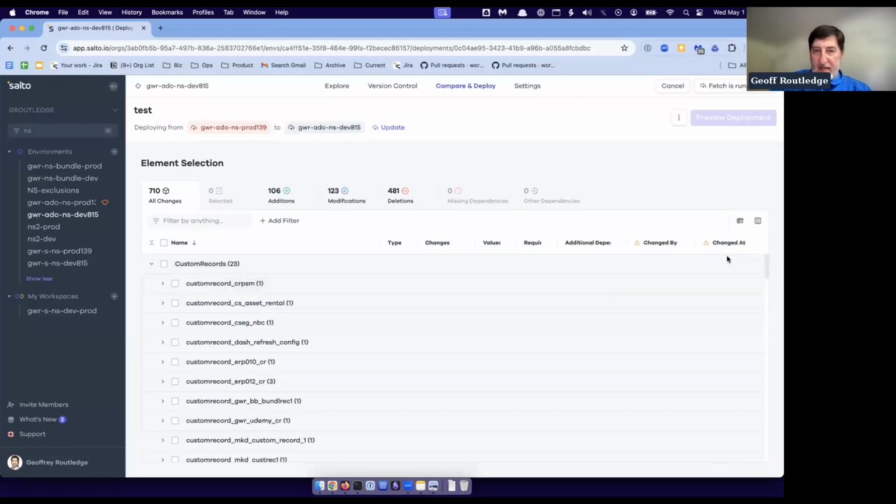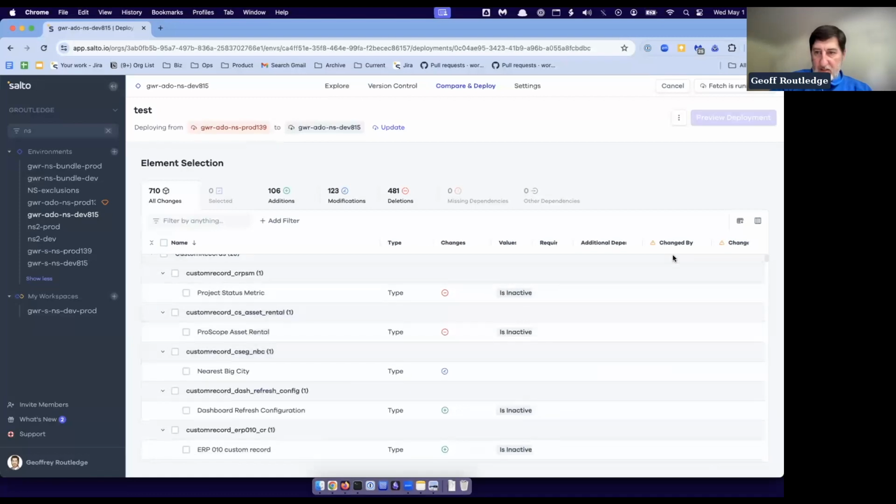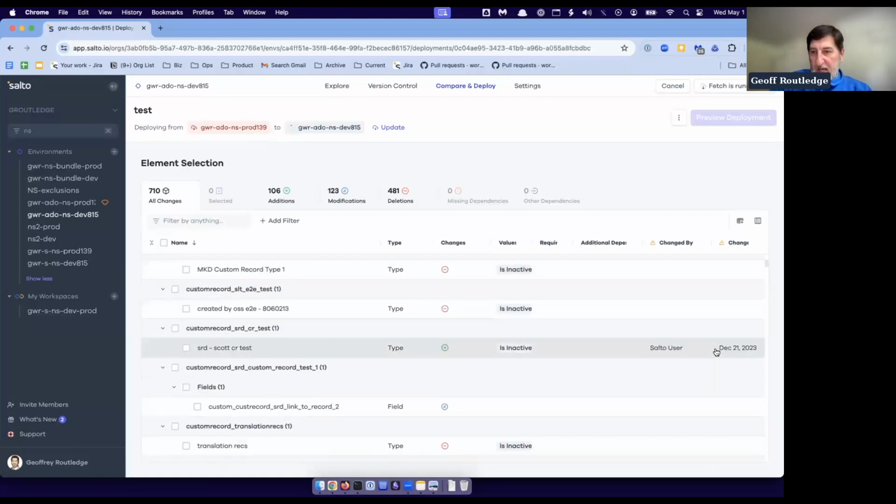So if I expand all here, changed by, changed at. Some of these will have, there we go. So this one's been changed as of December. So I can look at stuff that hasn't been changed in a long time. Now I can't see